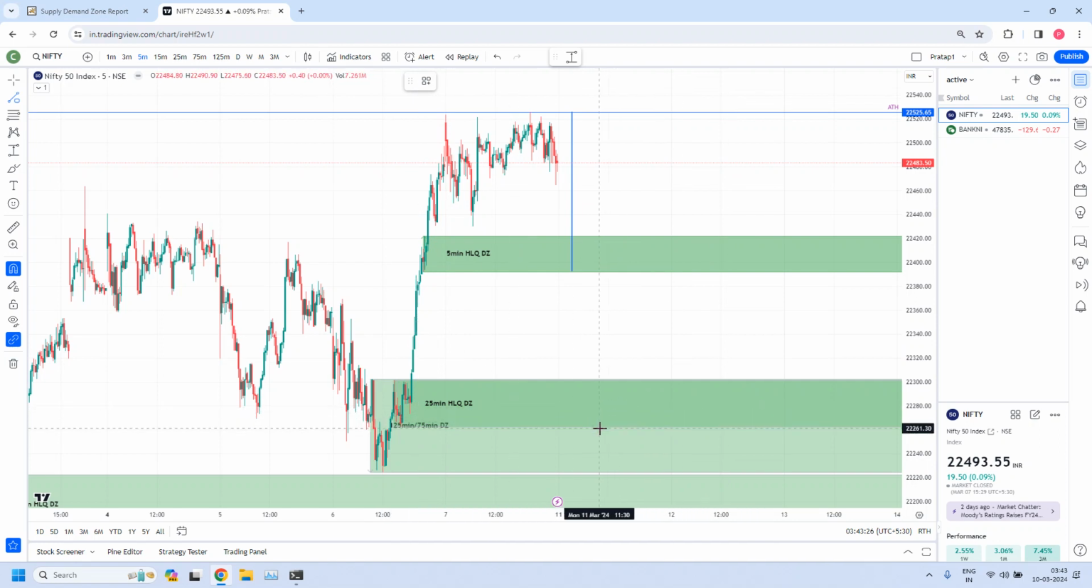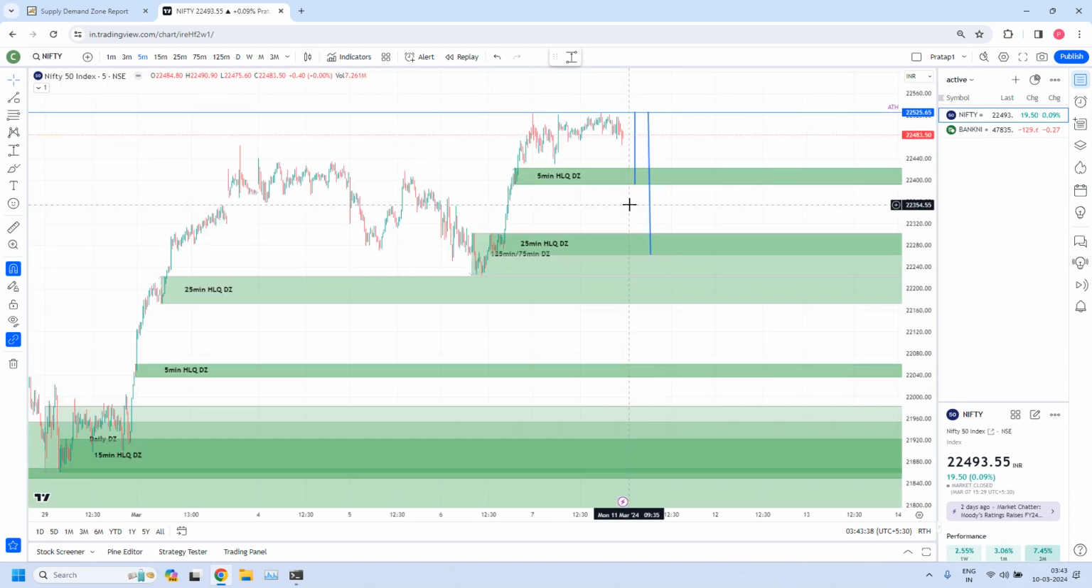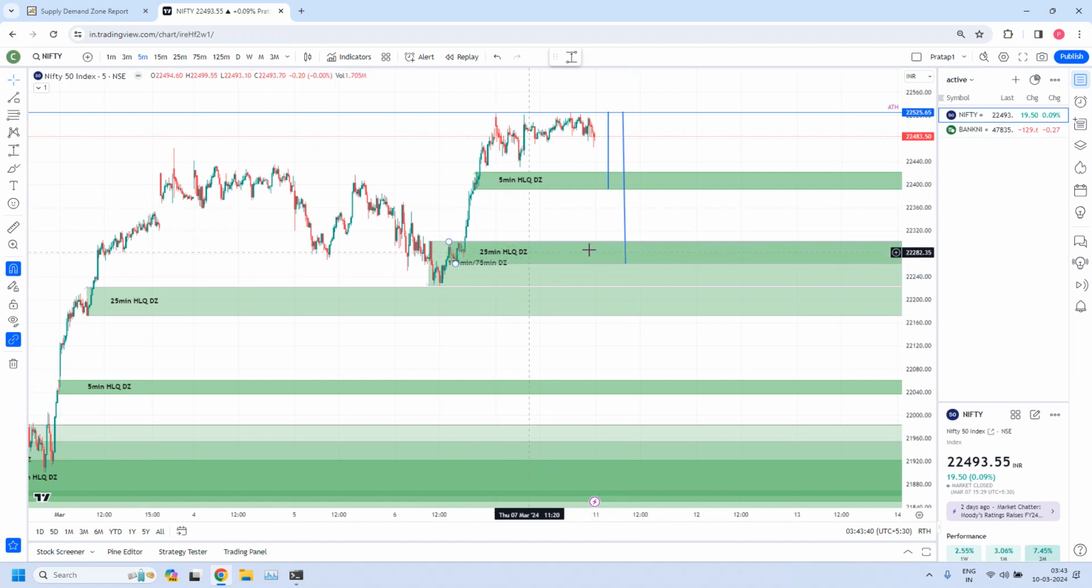This could be the next range. In case this 5 minutes high liquidity zone is violated, then we may get the 25 minutes zone, and this will act as a trap. If this 125 minute zone is violated, this will act as a trap, and this will be the next range, Nifty's range. I'm talking about support and